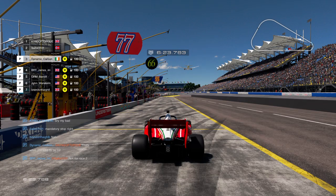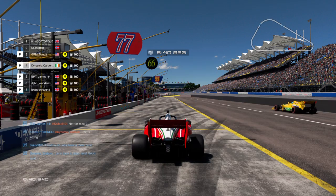Carbon, maybe? I'm not 100%. James, I believe, uses a DualShock. Bandit is a DualShock. John Wandering, again, I'd probably say DualShock. Brandon, I have absolutely no idea whether he's using...